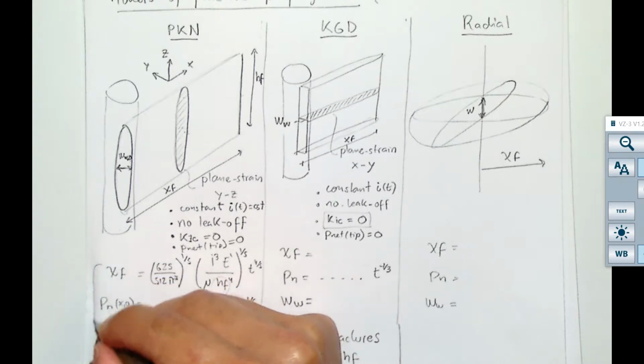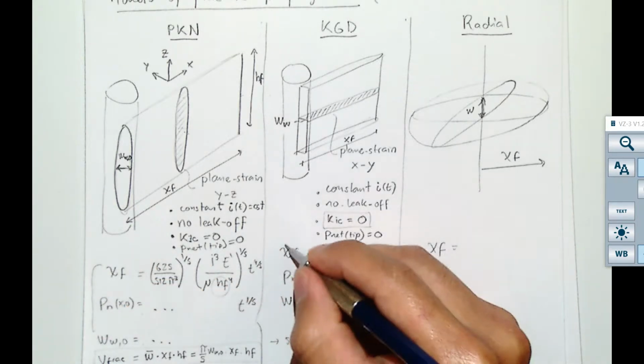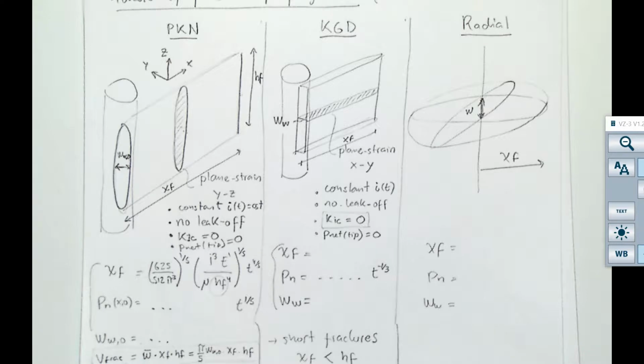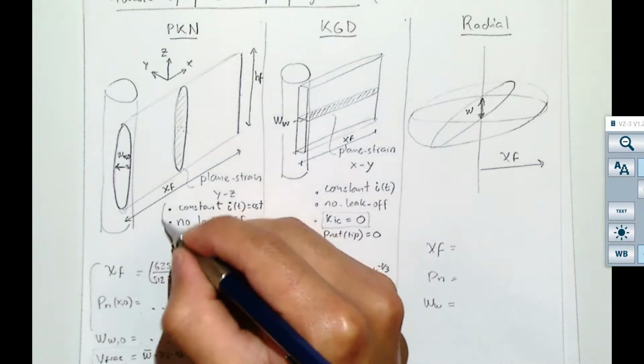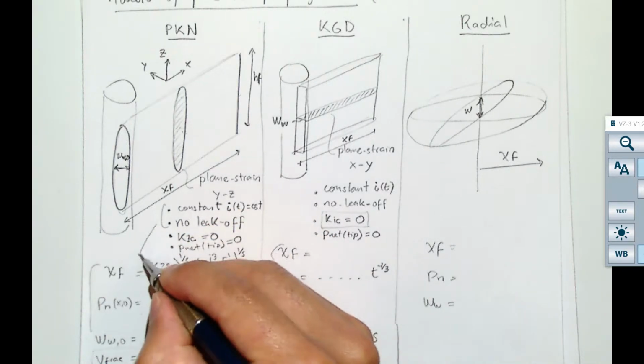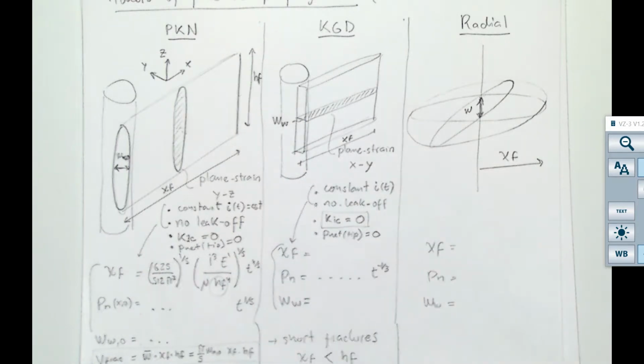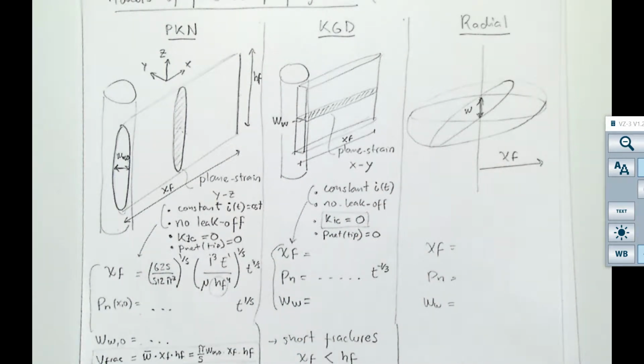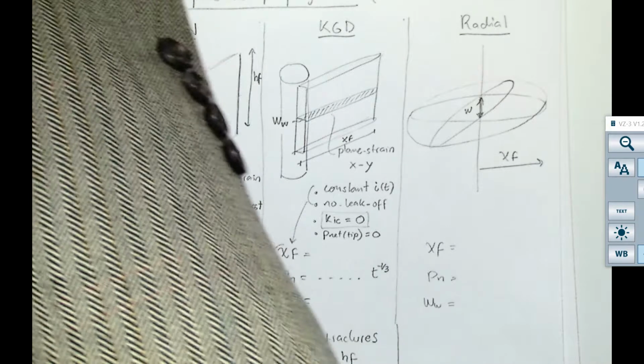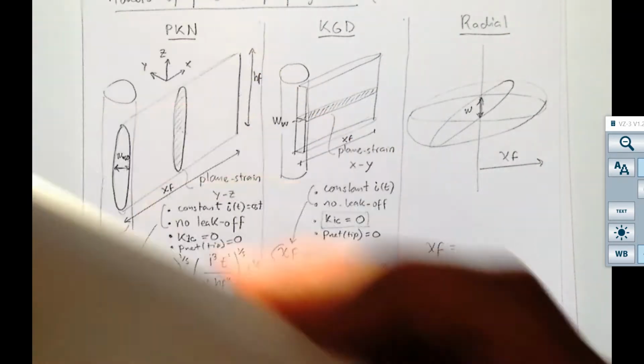The equations that are over here and that you see in the notes are relatively simple. In order to develop those, you assume constant injection rate and no leak-off. But the PKN model by itself, you can add leak-off to that. It just gets a little bit more complicated. So how do you do that? Then you consider leak-off. The simplest way is to consider this type of